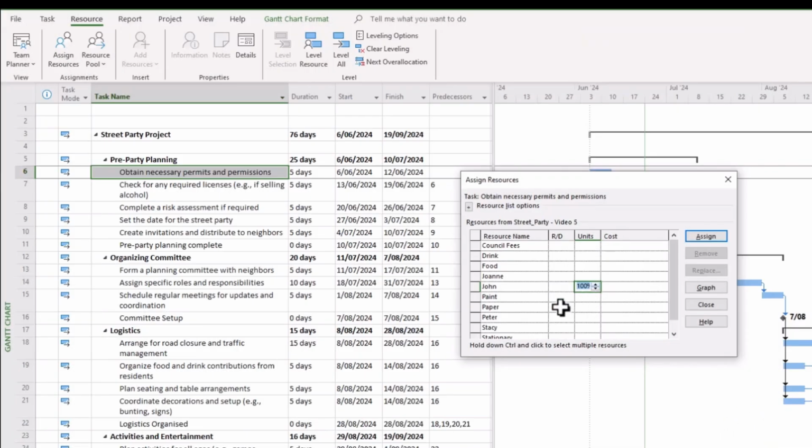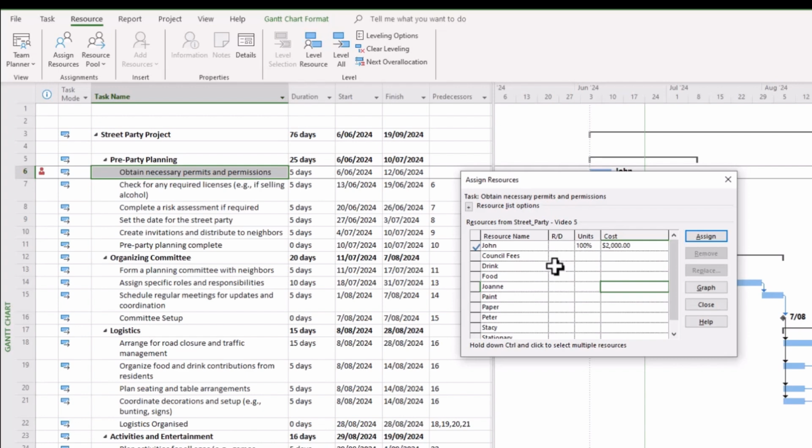So we might look at getting John in on this task. And as you can see there at 100%, it aggregates to $2,000. It calculates it automatically for you, which is convenient. And you recall that in the resource sheet that we did just prior, there were 3 categories of resources. There is work, or in other words, people resources.